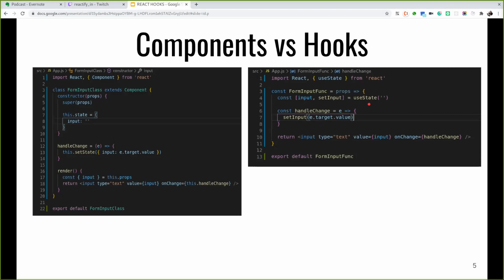Instead of setting an initial state with the this.state statement in the constructor, we can simply import useState from React, which will allow us to set an initial state as an argument. Over here, we have used an empty string, and it's basically doing the same thing in less code.